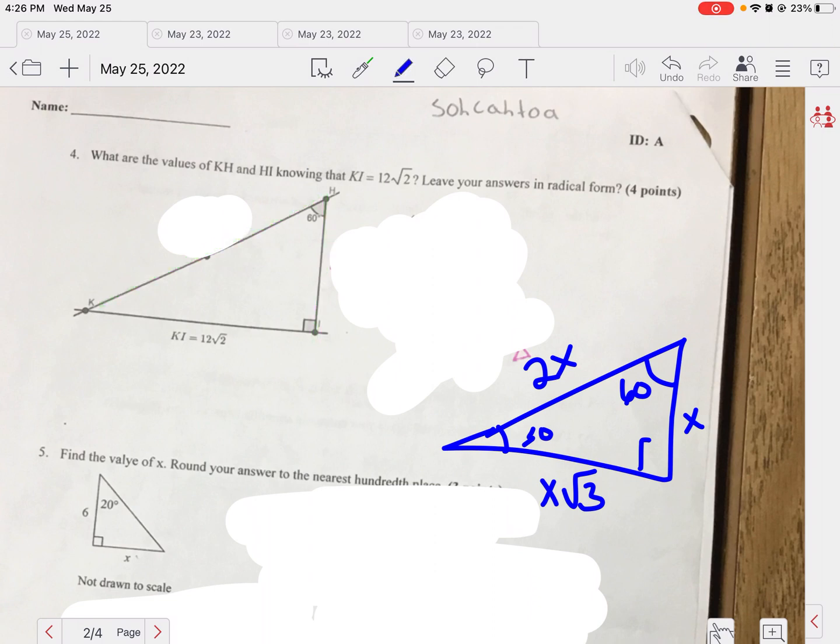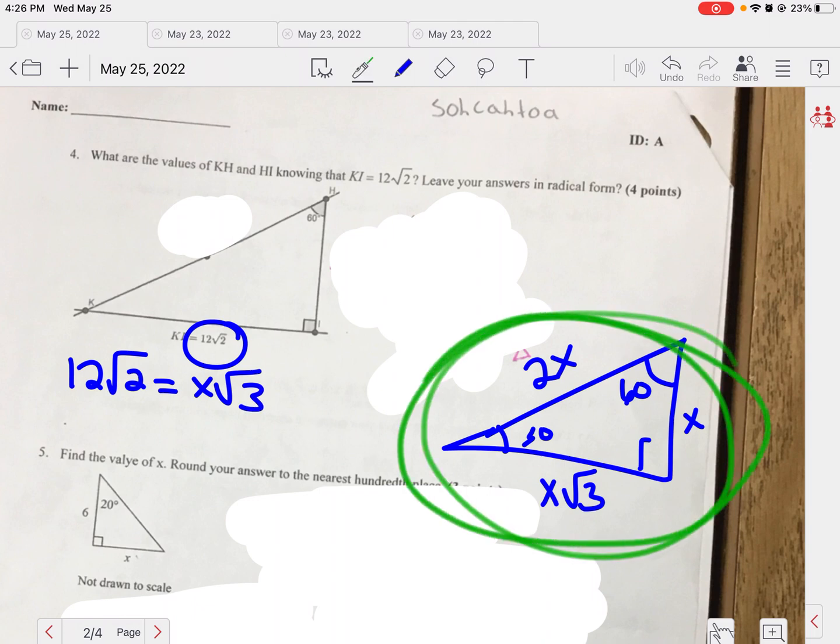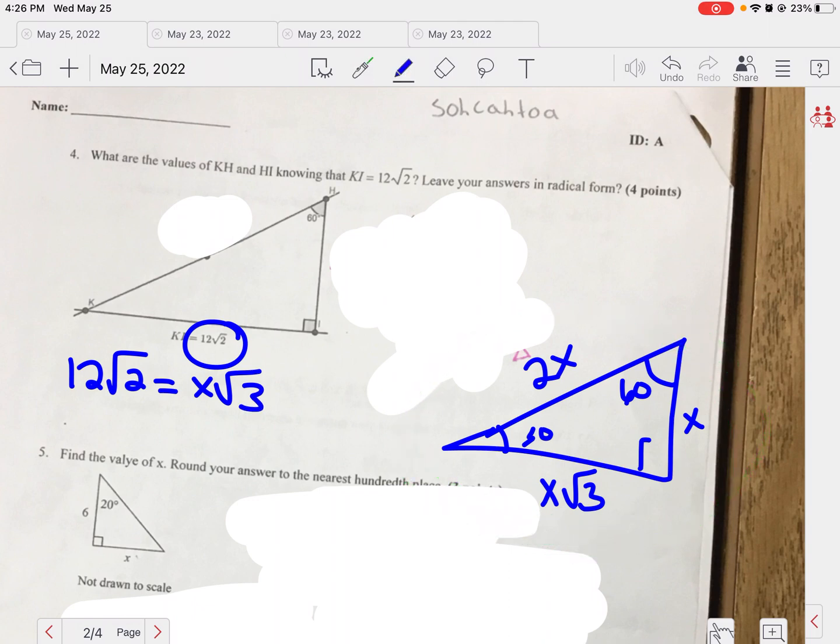I need to first figure out what x is. So this 12 square roots of 2 is actually equal to x square roots of 3. On the quiz, if you can draw this fast before you do anything, that will help you a lot. Again, we're going to divide by the square root of 3, just like what we did in the last problem. In order to rationalize the denominator, we're going to multiply top and bottom by square root of 3. So whatever number is in this radical, we're going to multiply by that same exact square root,